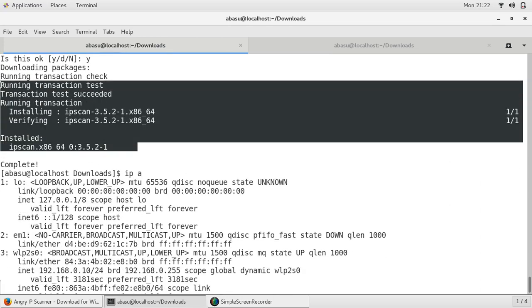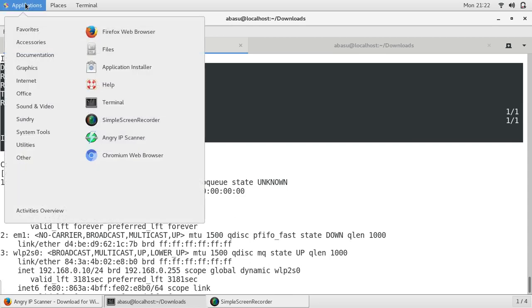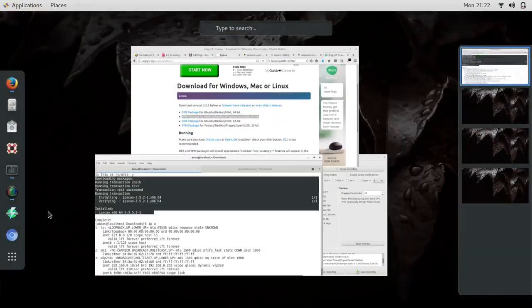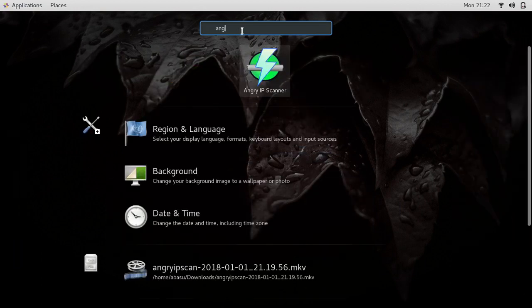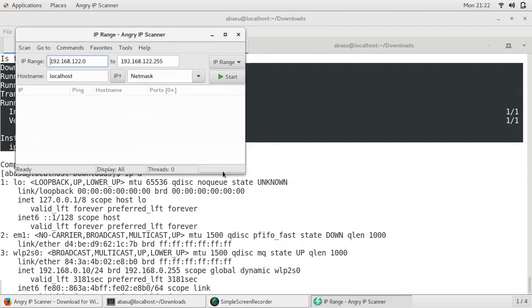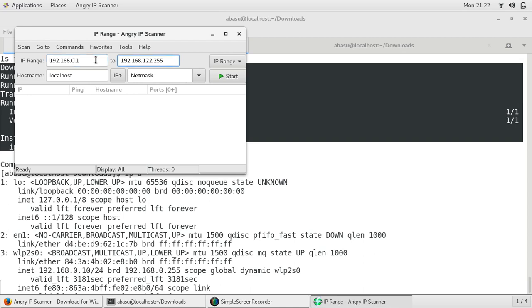So once the installation is complete, you can just go to the applications and then activities overview, and here you can type Angry IP scanner. Once you click on it, it's going to open up, and it's going to give you some default IP range in here. Now in my home network, I'm using 192.168.0. Let's start with 1 to